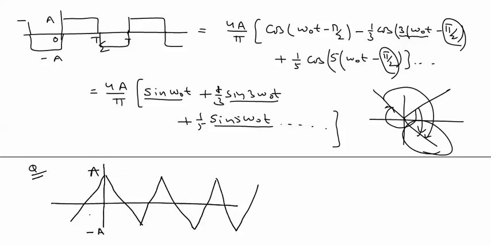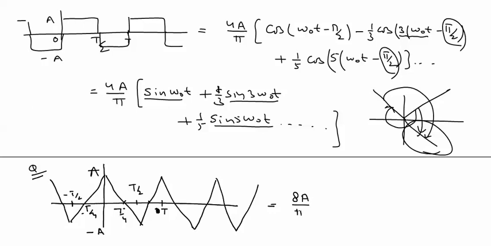A, minus a; this location is t by 4, t by 2, 3t by 2 and t, minus t by 4, minus t by 2 and so on. This is a triangular Fourier series. The Fourier expansion for this is